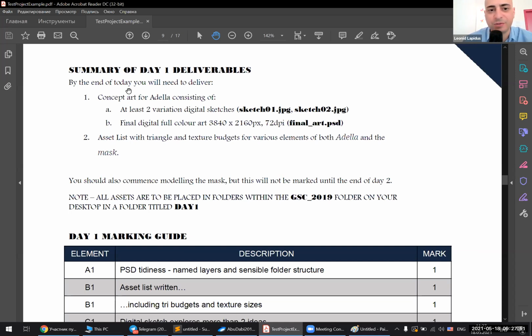By the end of today, you will need to deliver concept art, at least 2 digital sketches, and final digital